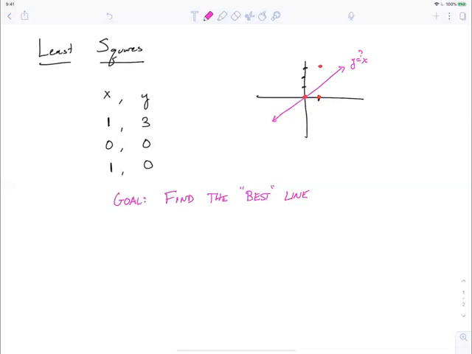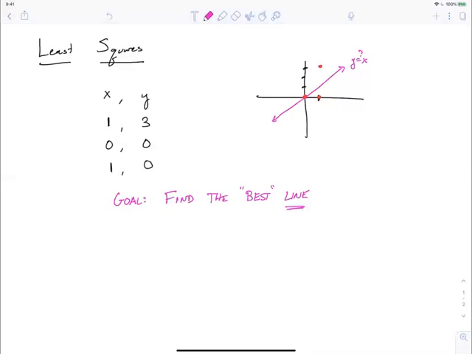We don't know if that's exactly what we want, but we want to construct a mathematically consistent method to find the best line. And just a heads up of where this is going: since we're dealing with linear algebra and we have lines and planes and hyperplanes, it's the same idea. We want to generalize this idea into much more abstract spaces. If you have a whole bunch of data, more than just 2 columns of data, you also want to build a linear model that can model that data. So it's not just the best line, but also the best plane or best hyperplane